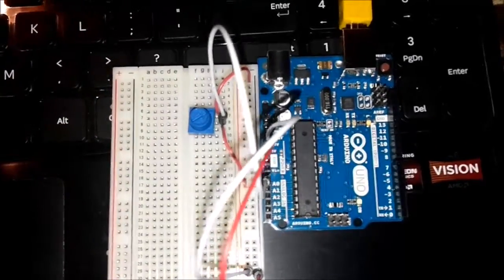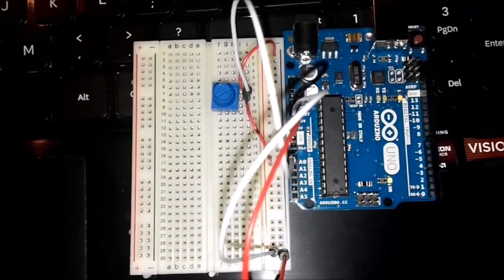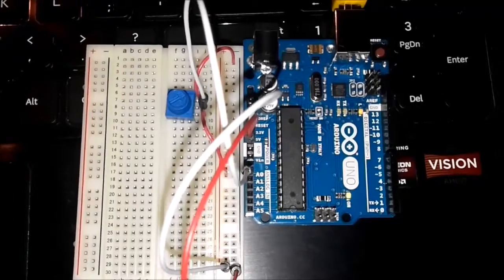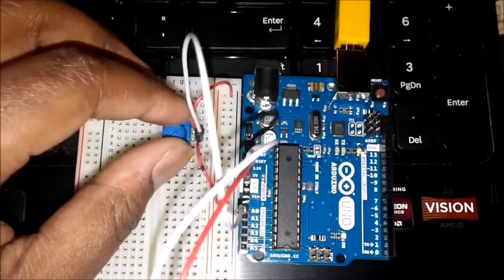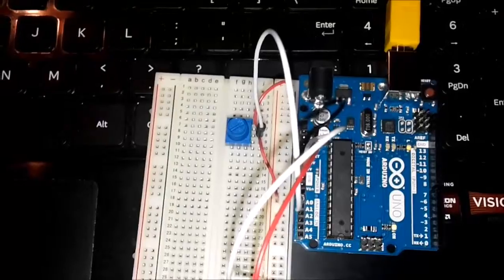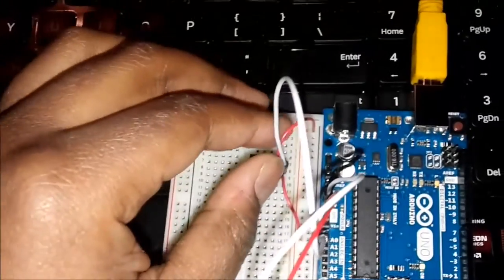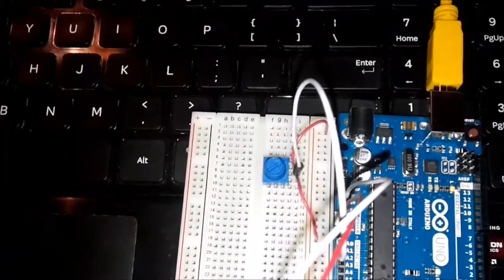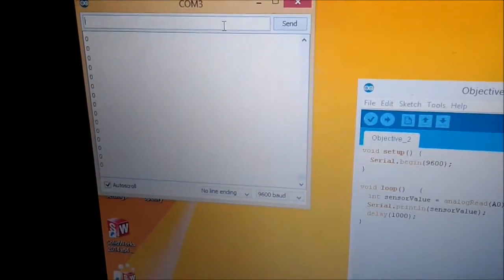So in this circuit, I have the same setup, but all I did was take away the resistor and the LED. So on my Arduino software, I have a little help thing called serial port, and what it does is when I turn the potentiometer up or down, it varies between different voltages, between 0 and 1023. So it should look a little something like this. Right now the potentiometer is off or turned down, and when I turn it up, this is what my software looks like. When I turn the potentiometer up, I should get some numbers